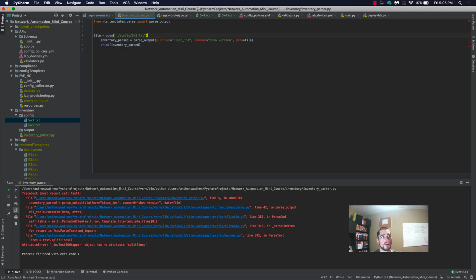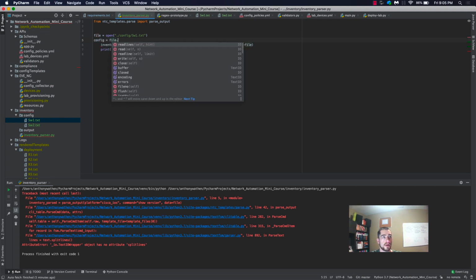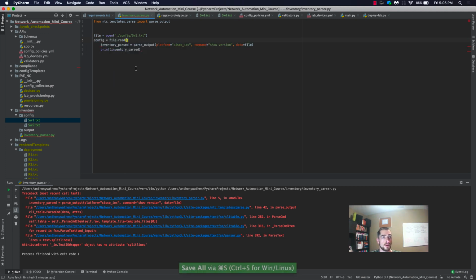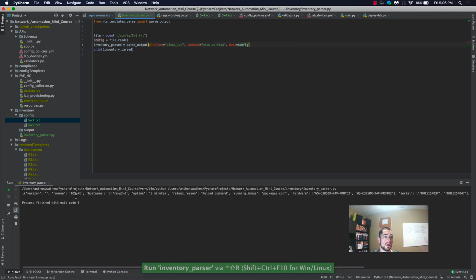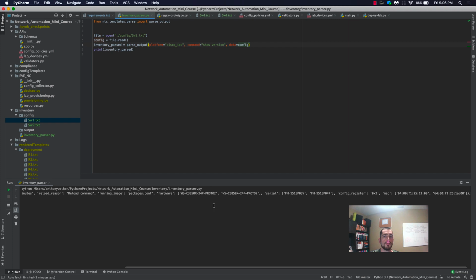And then we have to declare the operation. Okay, so we're going to say config equals file.read. Okay, and now we switch this to config, and then we run, and as you can see here, we have an output. It's all parsed. Very nice, right? So now that we have it parsed,